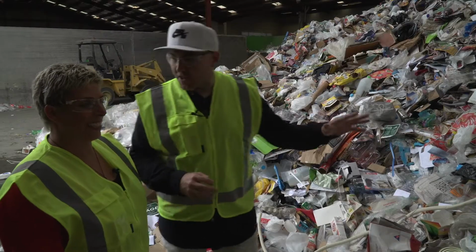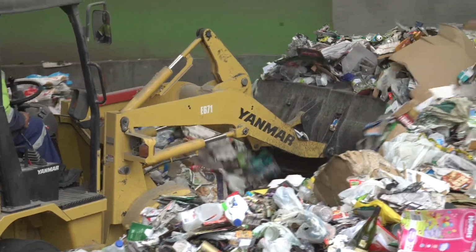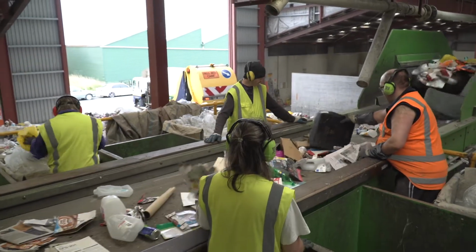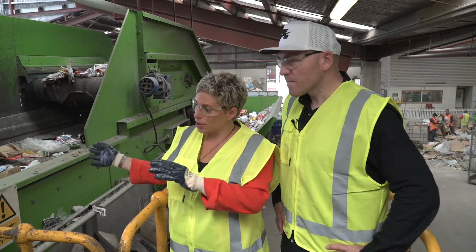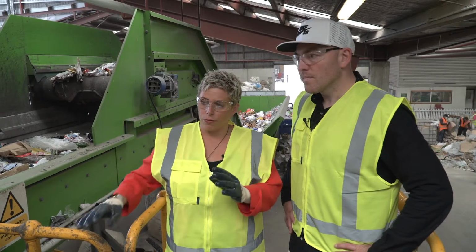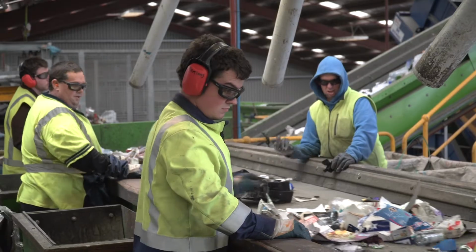So from here, it goes through to the sorting line. Yes. All right, let's go have a look. So Brad, this is the sorting line. So what happens here? Everything that we saw on that pile is going to come up through this process and it's going to be sorted. A lot of people don't realise in New Zealand the recycling is hand sorted,